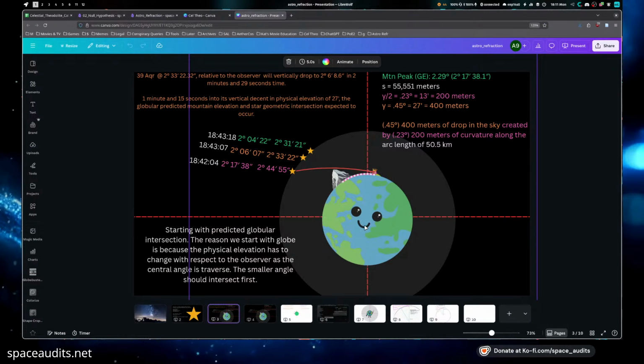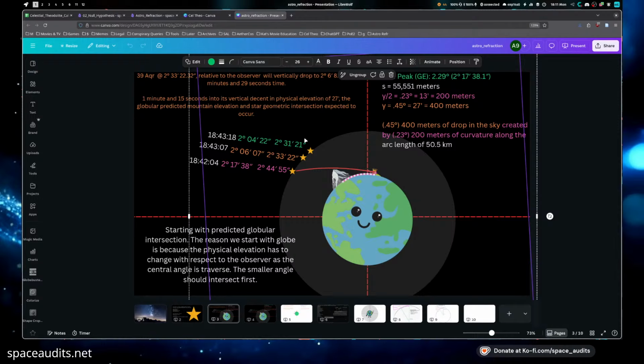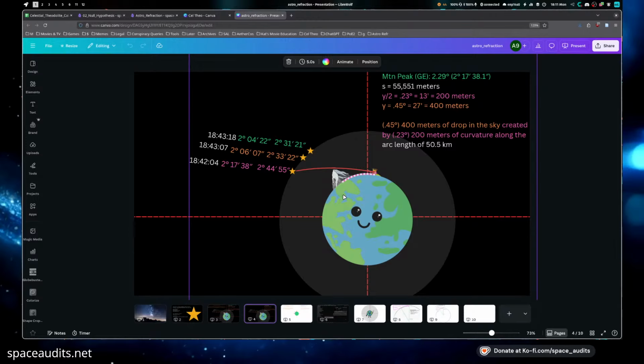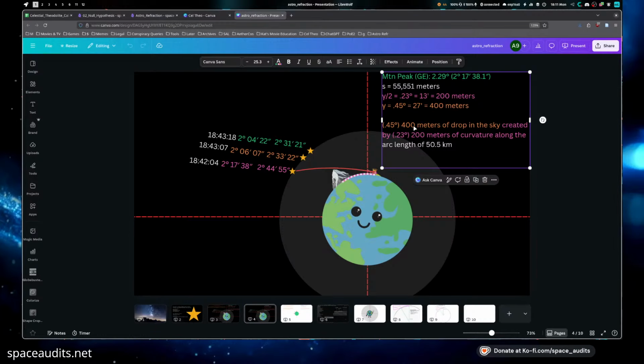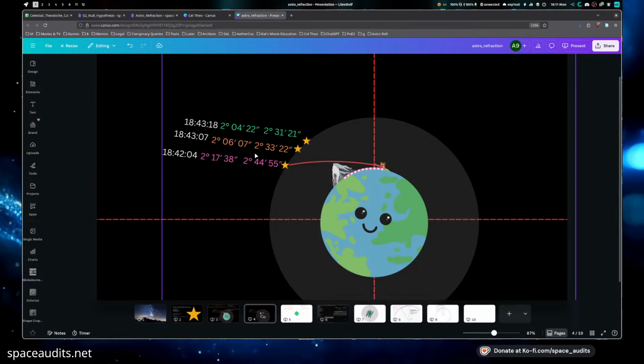So when this star, for the observer, the way that this diagram works, let me move over to this diagram so it's a little easier to see. I can get rid of this for now. Okay. For this diagram, we have Nicki Minaj here. She's going to be our observer. We have our line of sight. That's a little curve there, that's for the lads. And we have it just grazing the tip of this peak here.